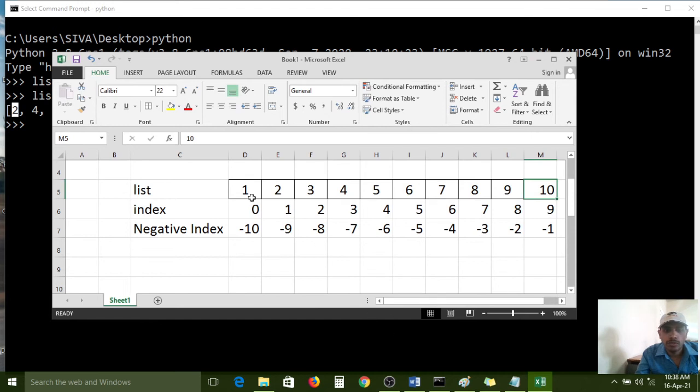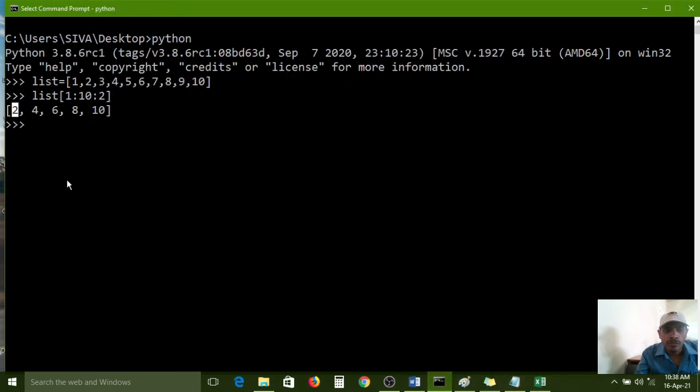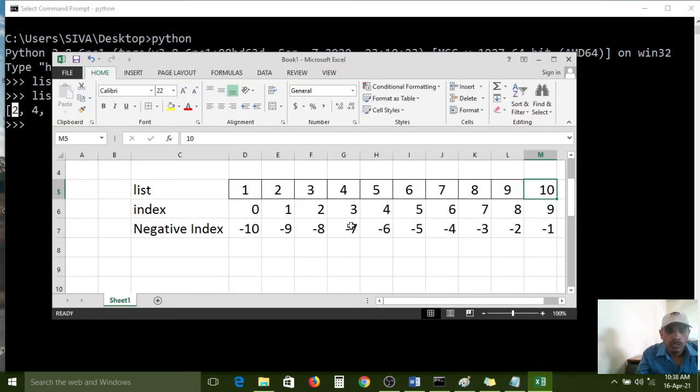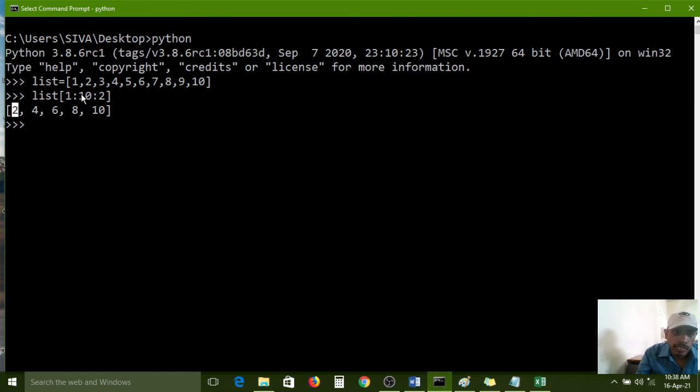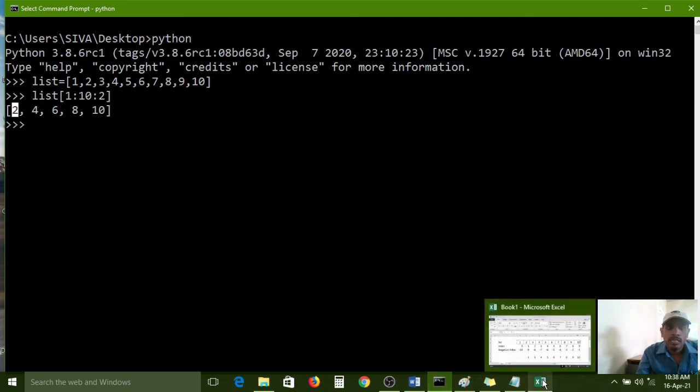All of you carefully observe. Here I configured what? 1 colon 10 colon 2. So 1 means 2, here I started. So in that, which elements do we have? 2, 3, 4, 5, 6, 7, 8, 9, 10. And carefully observe, the second value is 10, which means n minus 1.